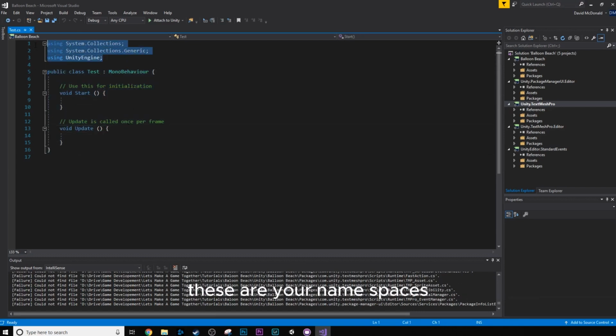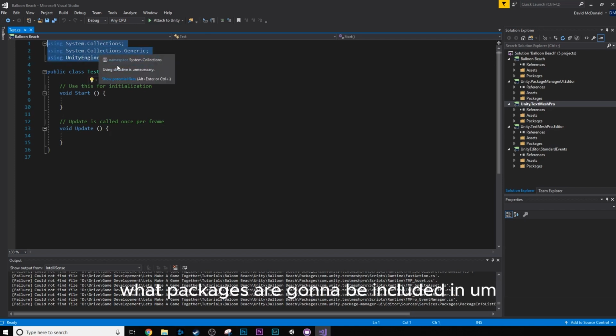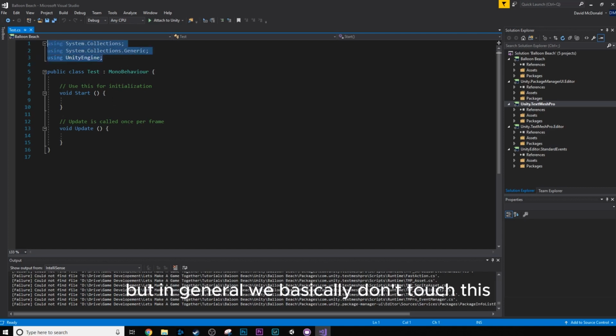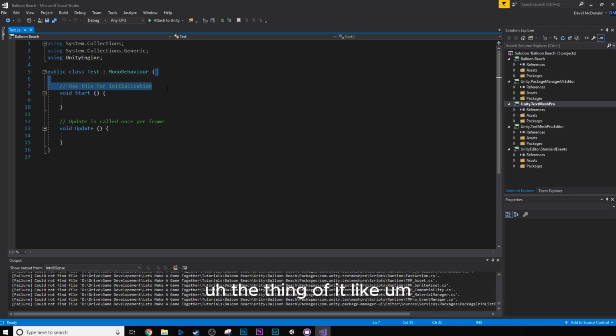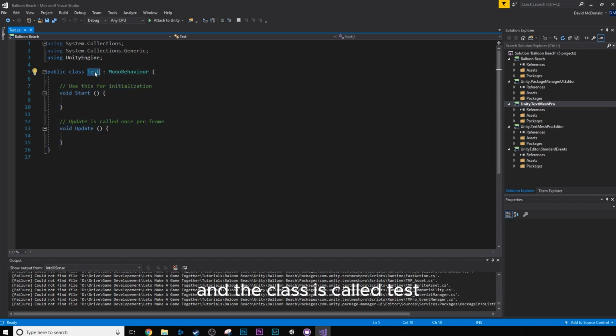These are your namespaces. These are basically telling what packages are going to be included inside of the script here. So we could add more to this or we could add less, but in general, we basically don't touch this. Then we have our class. Our class is basically the script in itself. Think of it like all the instructions will go within this class here, and the class is called Test, and it